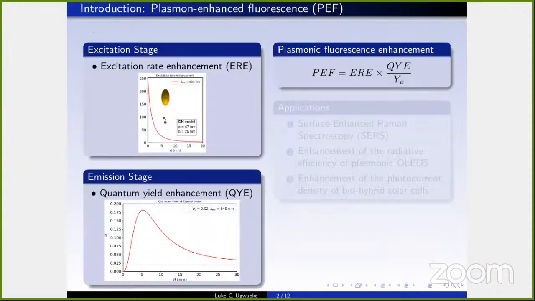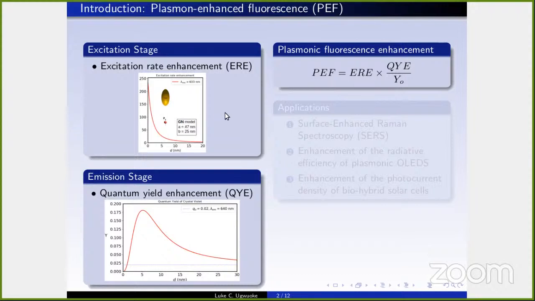All right, so the phenomenon involves two stages. In the first stage, if you have a fluorophore or a fluorescent molecule close to a nanostructure as depicted in this figure, you see the dipole. If the dipole of the molecule aligns in a particular direction with respect to the surface of the nanostructure, it can lead to an enhanced